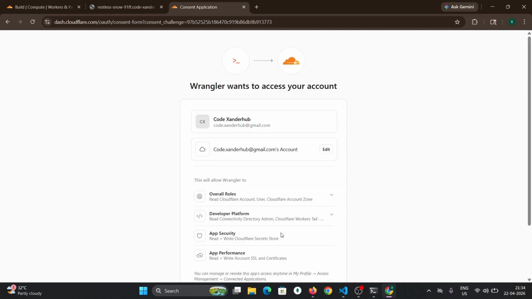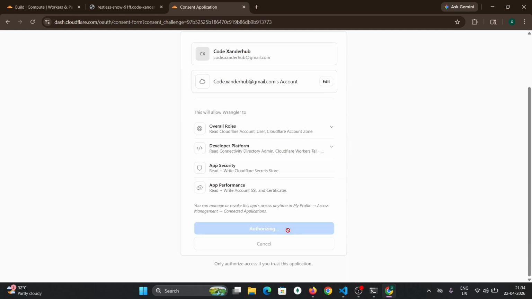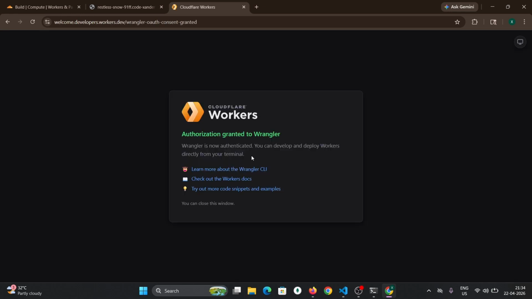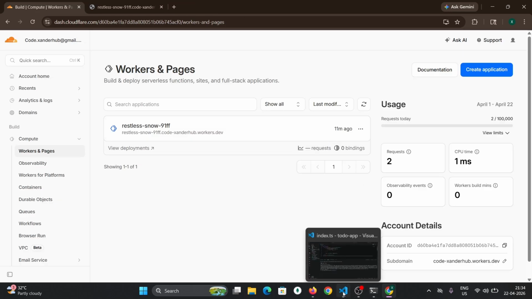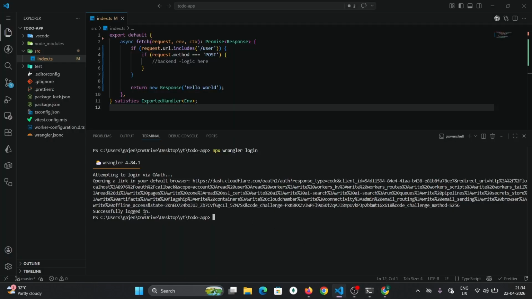Review permissions, authorize. Authorization granted. You will see this login successfully logged in. Now we have to run one command, npm run deploy. That's it,